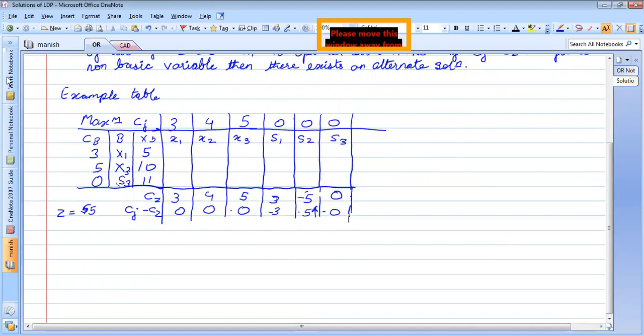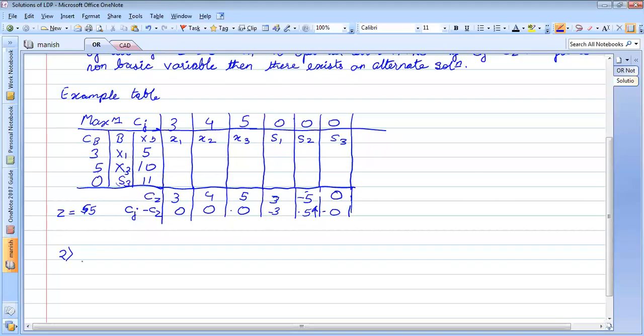If clear, then let me go to the second type of solution, which is called the unbounded solution.